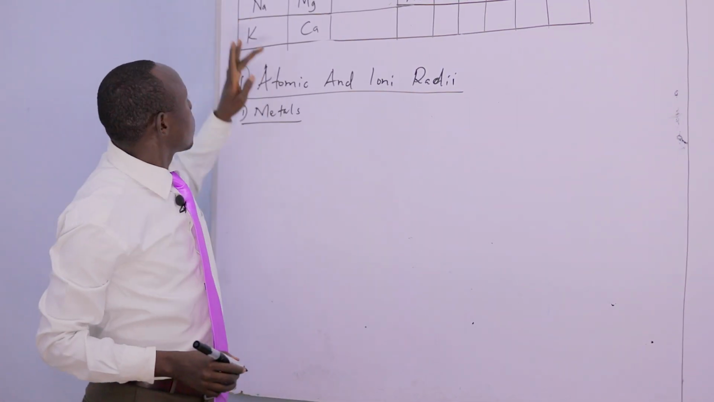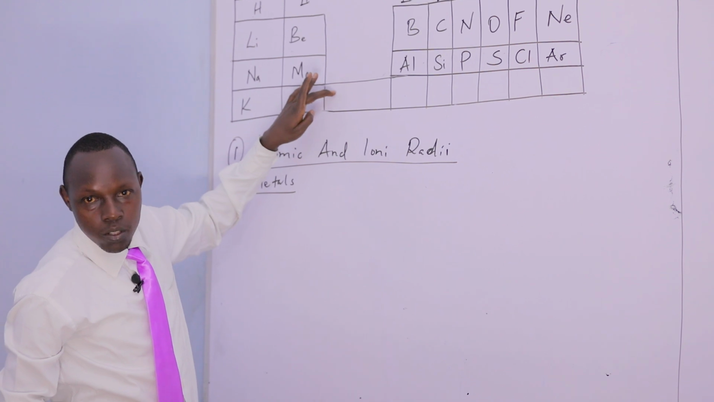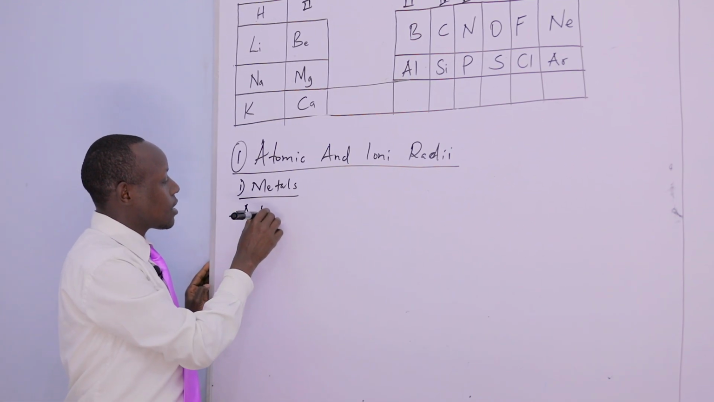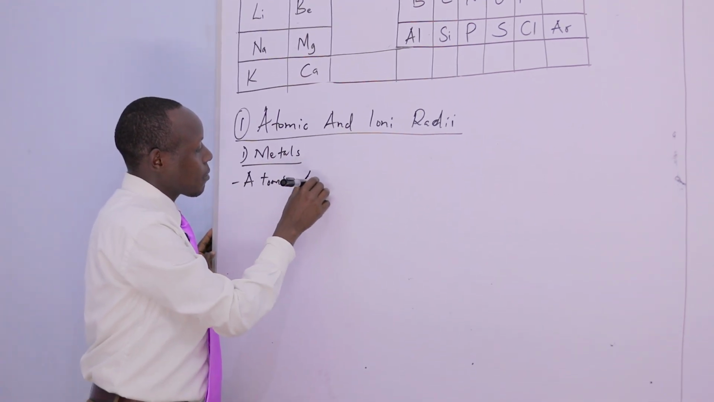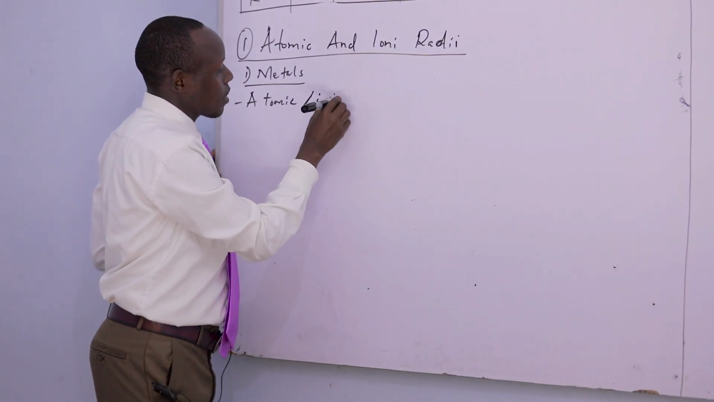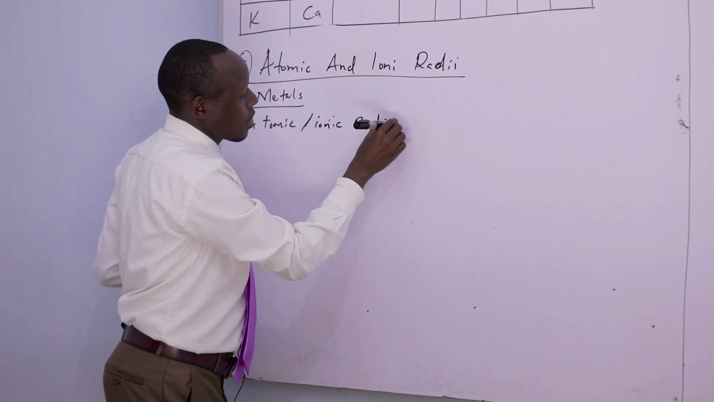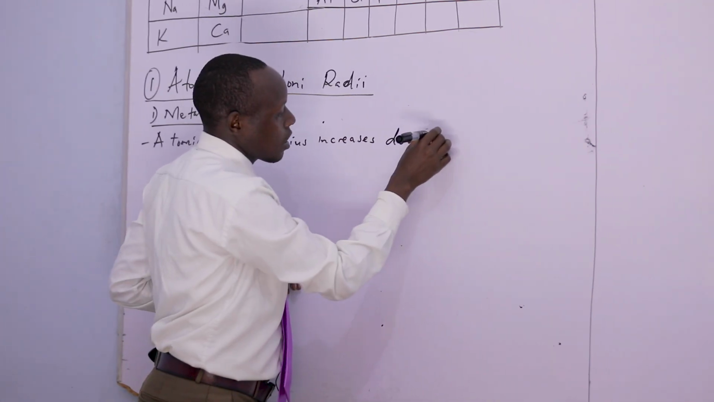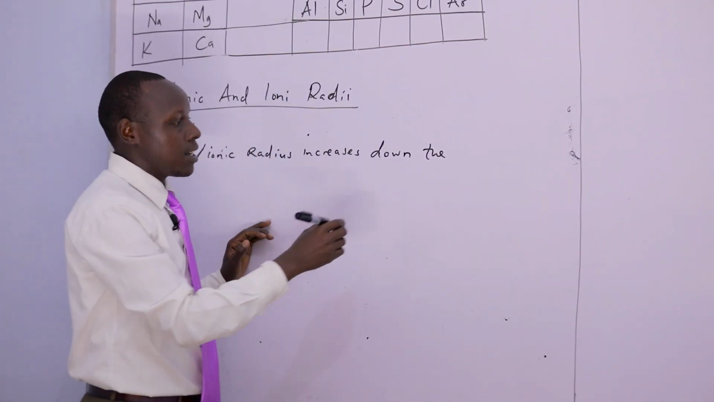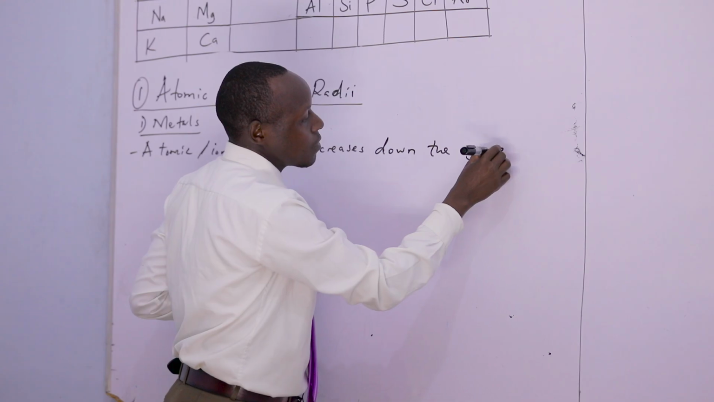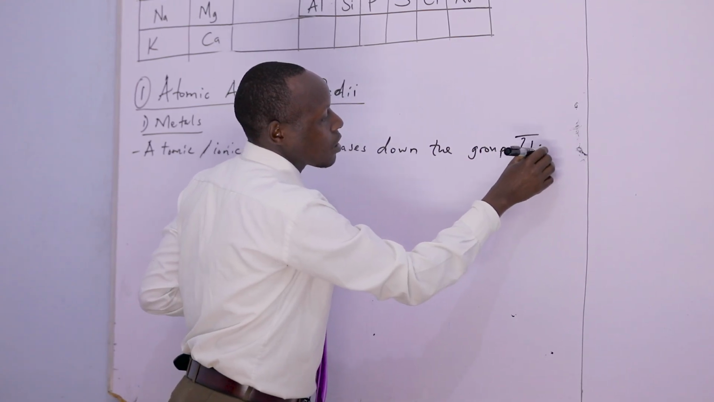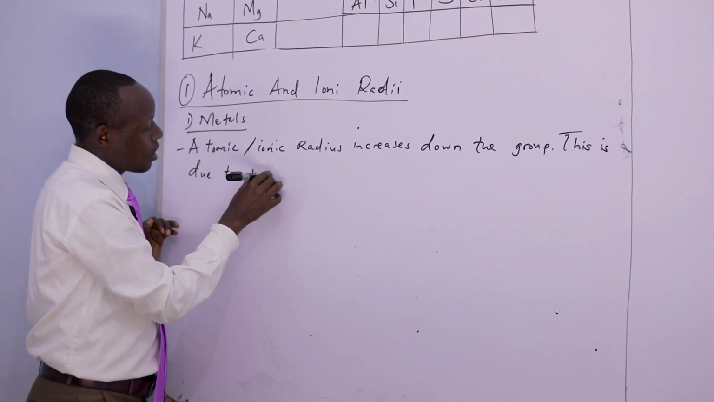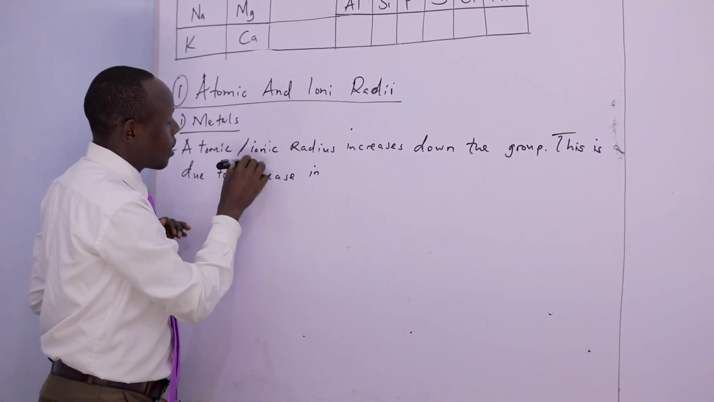So for metals we have group 1 and group 2. These are metals. So for metals, down the group, atomic and ionic radius increases. So atomic and ionic radius increases down the group, and this is due to increase in number